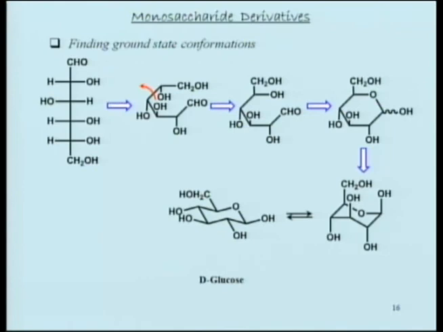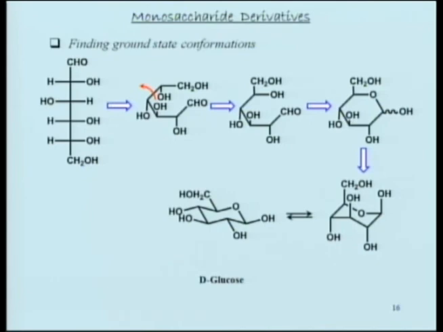So when it undergoes a flip, every axial orientation will convert into an equatorial orientation. Okay? I'm sorry, I just don't have models, but if you have models, you'll be able to see that. You can actually move it around fairly easily. So every axial will convert into equatorial. So this CH2OH will convert into equatorial. That OH will convert into equatorial. That OH will convert into equatorial. All of these will convert into equatorial. Yeah? Are you all with me?